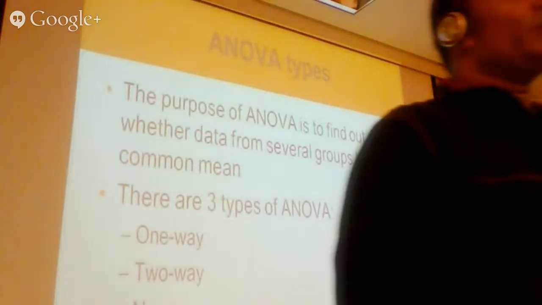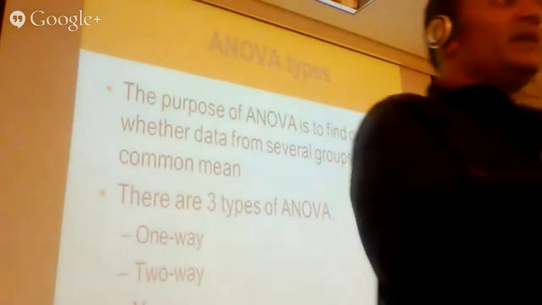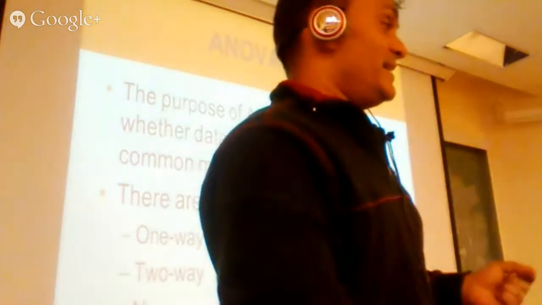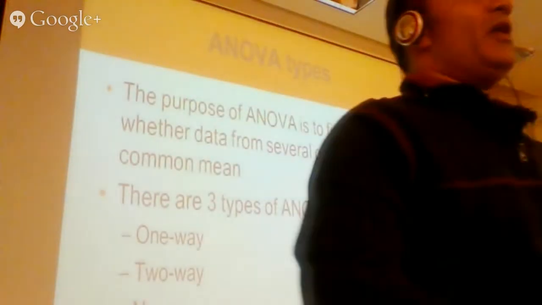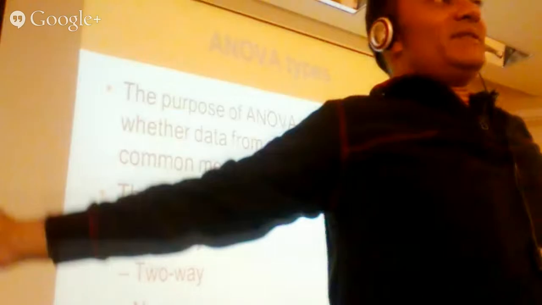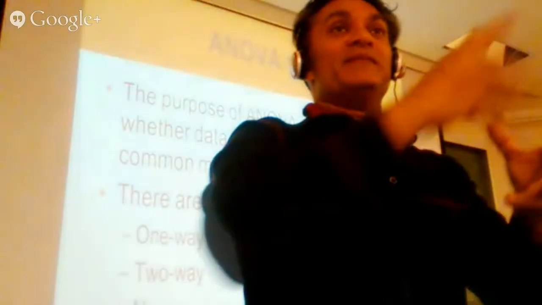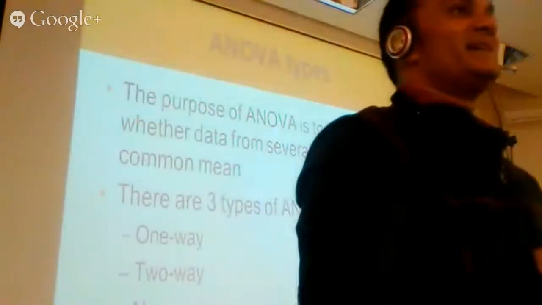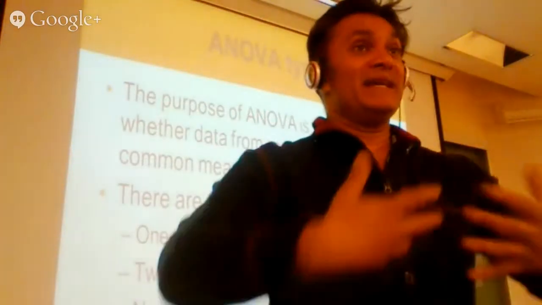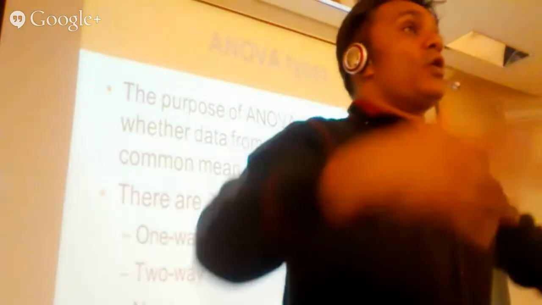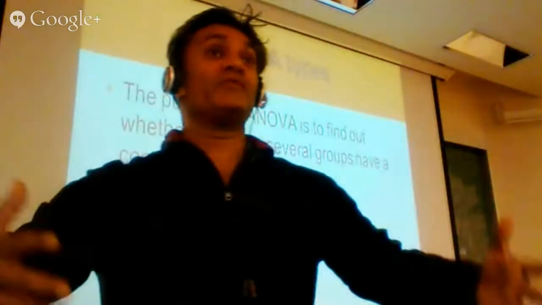So the purpose of the ANOVA, however you want to pronounce it, is to find out whether the data from different groups have a common mean. So if we cast our minds back again to this idea of a superpopulation, if I take a sample from a superpopulation, I'm going to get the same mean every time. So my statistical tests are really determining, is my sample from this superpopulation where the mean is such and such? Well, the ANOVA is a test to determine, are all three or all four or all five of my group